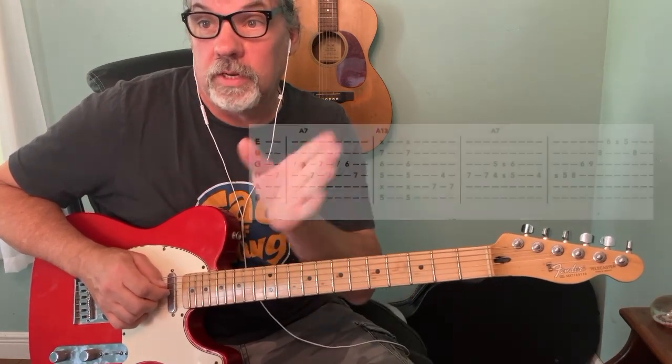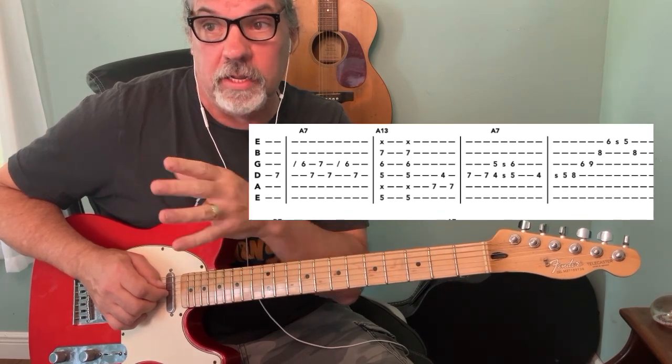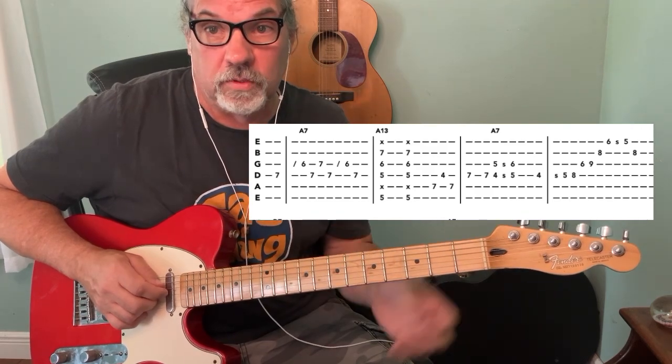So now we're going to go right to this fourth measure on this first slide, which is a diminished lick that leads to the D7, the 4 chord. So